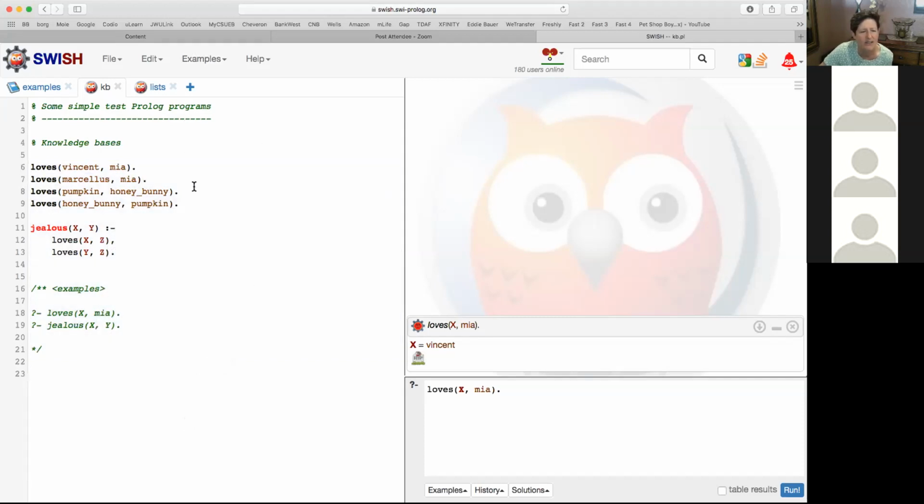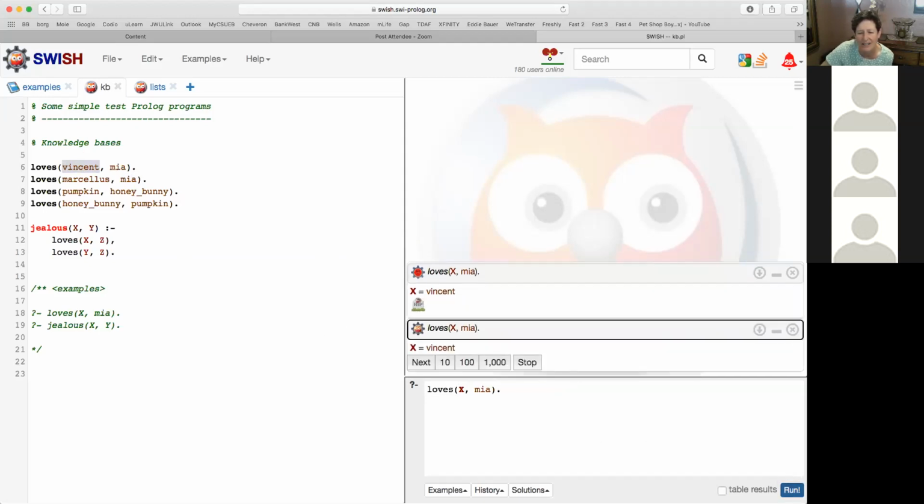To run it, you're over here on the right-hand side of the screen, and you've got your output here, you've got your input here. For example, if I said loves Mia, so we have loves up here, Mia, and then we have X, in the first find here of a match is Vincent. There's a little button down here that says run. If we run it, we see how the results work up here. Each one of the runs shows you,